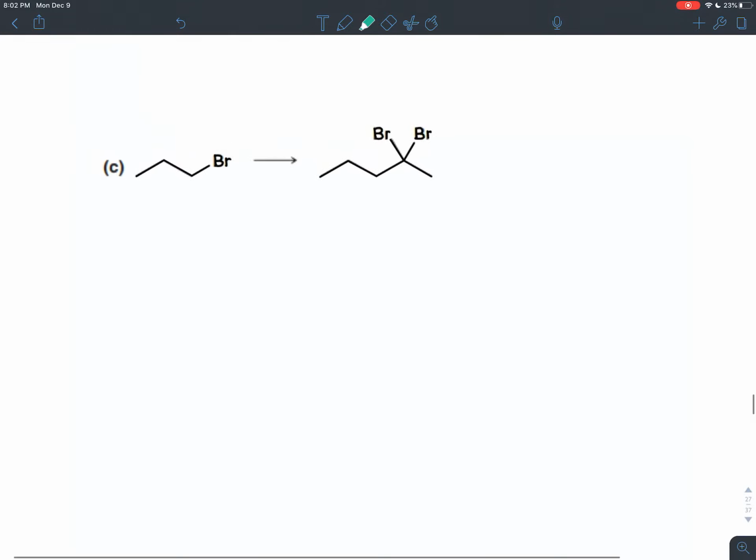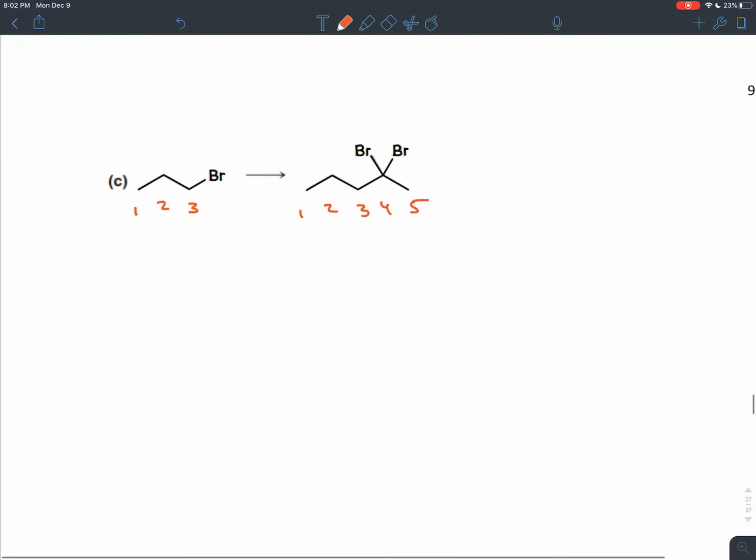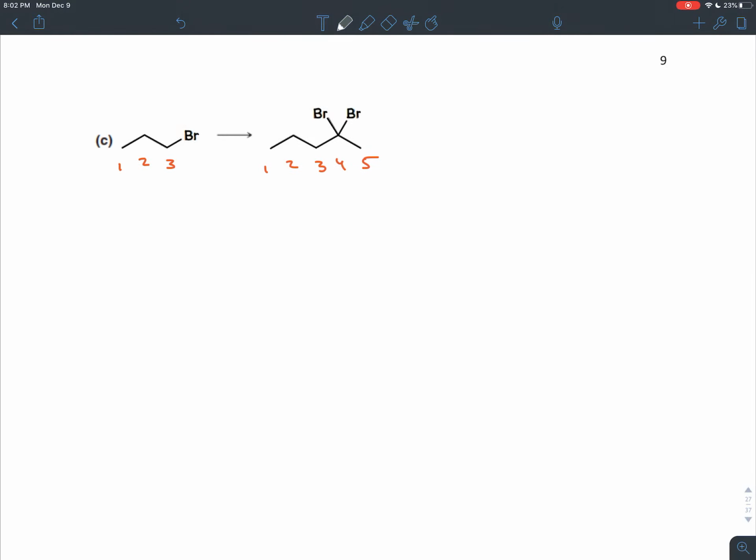Okay, how about with C? Now, if you look at the number of carbons, we have 1, 2, 3 in the molecule on the left, and 1, 2, 3, 4, 5 in the molecule on the right. So we have more carbons here, specifically 2 more. And that's a sign that we're going to need to use a terminal alkyne, an alkyne that has a hydrogen